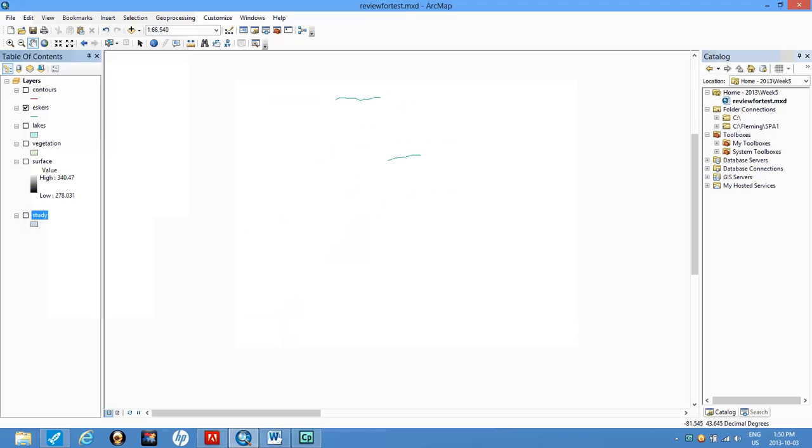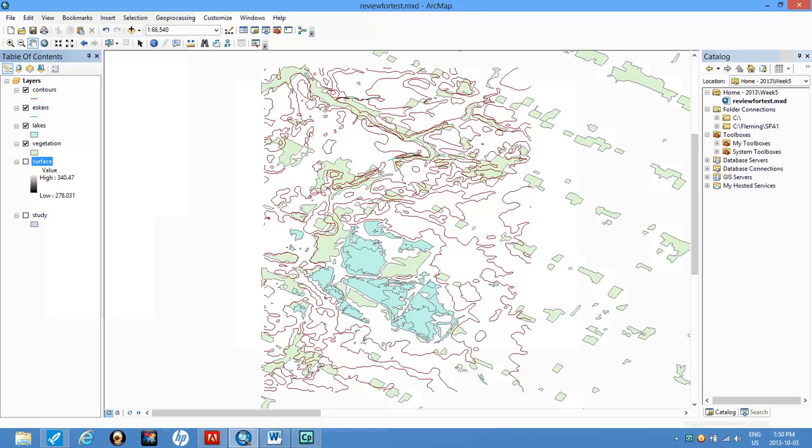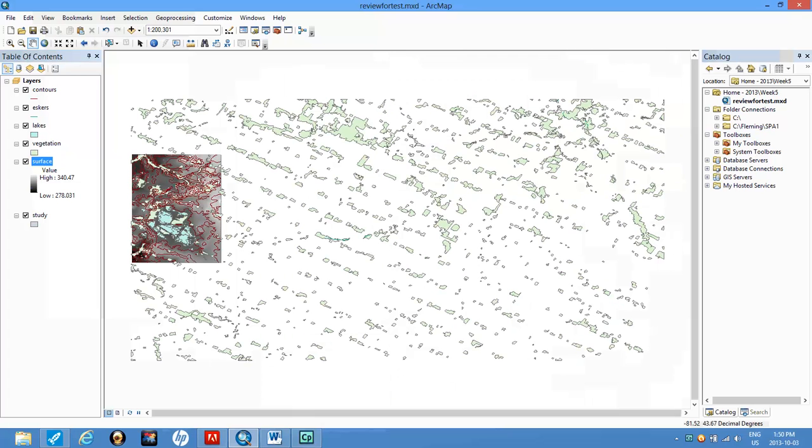So what we can do here is turn all of these layers on, and I want to zoom to full. Well, that certainly is one way of determining which one of those layers has the largest spatial extent. You can see right off the bat that the vegetation layer has the largest spatial extent right here. Whoops, sorry, turn off the surface and the contours, and you can see that it has the largest